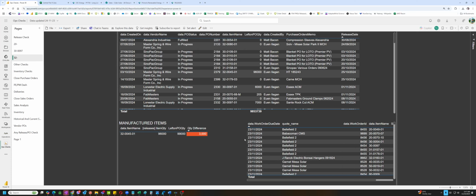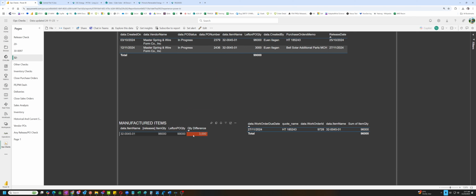So it's not showing here because it's already balanced, and for the part number 32-0160, all are balanced. The only part number here that will show an entry is one that has a quantity difference, for this example.